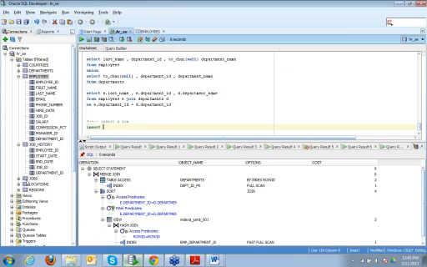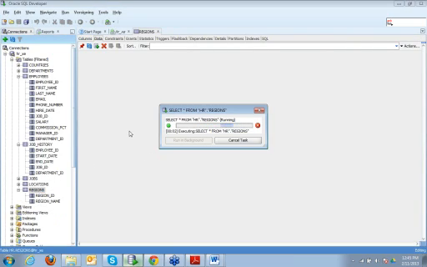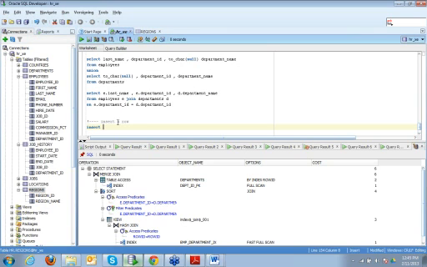Let's say I want to add something to the regions table. So we have region ID and region name. Okay, so I want to add: insert into regions values.